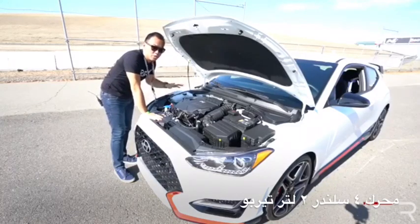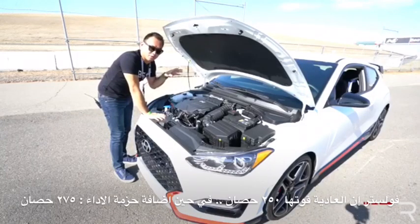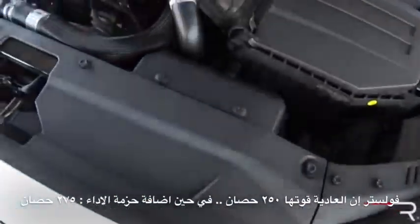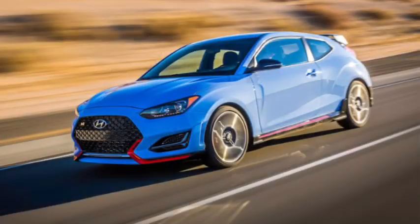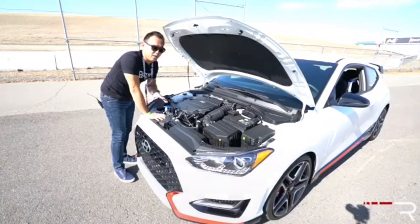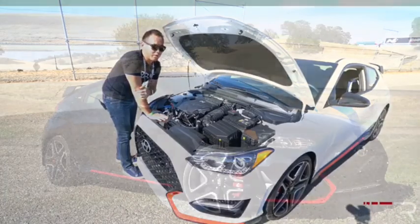spec. This is the 2-liter turbocharged Theta engine. The base Veloster N will make 250 horsepower and 260 foot-pounds of torque. Now, if you guys step it up to the performance package, which I imagine a lot of you will be doing, you'll get another 25 ponies, so 275 horsepower total. Torque remains the same at 260 pound-feet. Now, fuel economy is also not too bad. It's rated at 22 in the city, 28 on the highway. Hyundai actually said